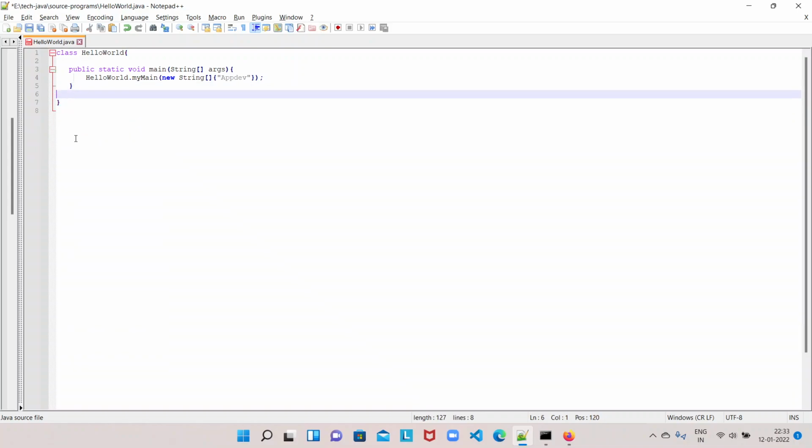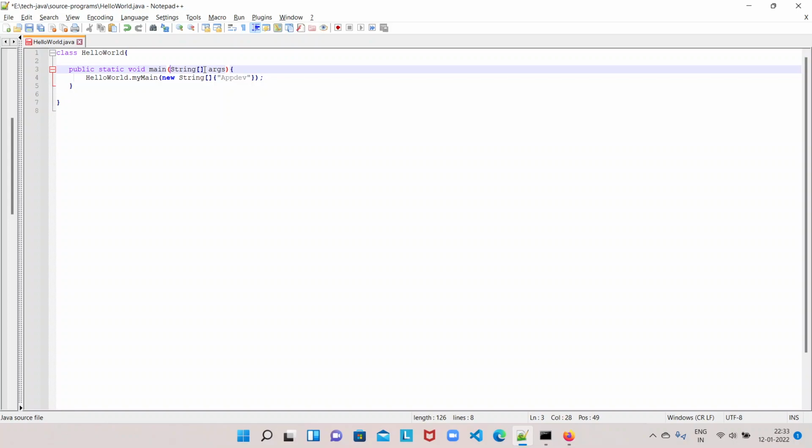In the same way, the main method in Java is also designed to accept only a string array type as an argument. As per the Java language specification, it is designed to accept only the string array as an argument.